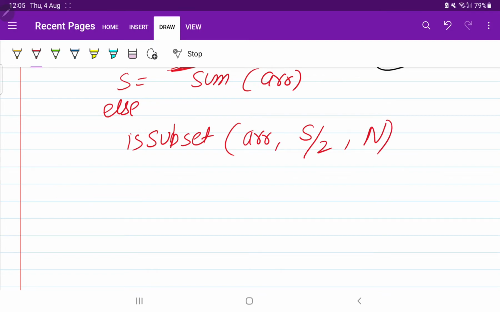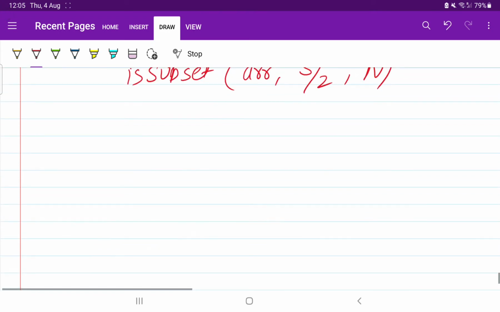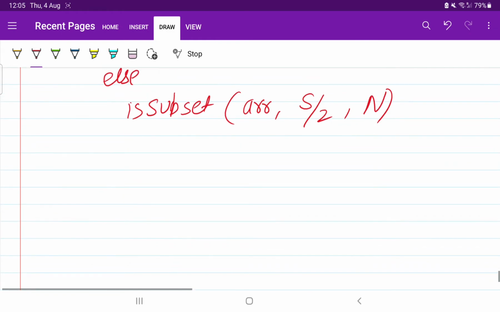How are we going to check that? We are going to check it by DP. We have just solved the last question on the subset sum problem, so we are going to use the same logic. In the subset sum problem, we make a DP table.